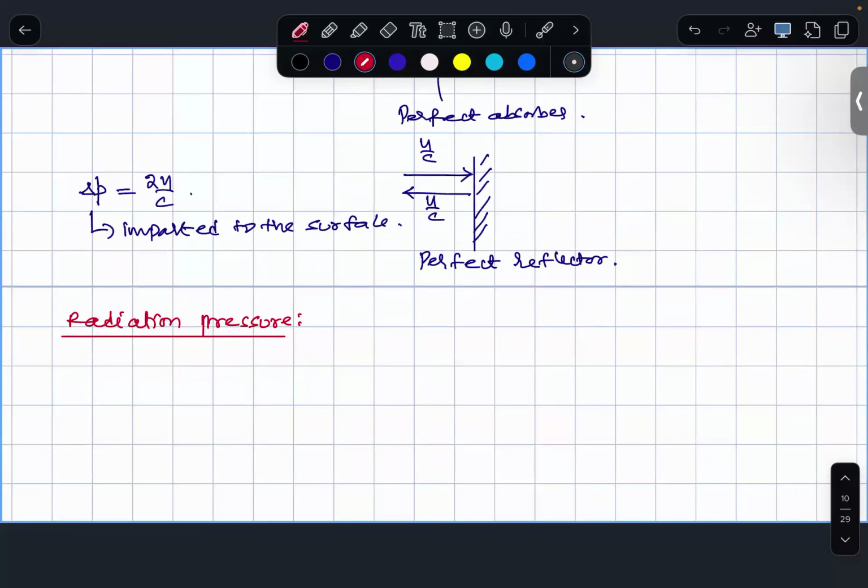Because rate of change of momentum is force. Since change in momentum takes place